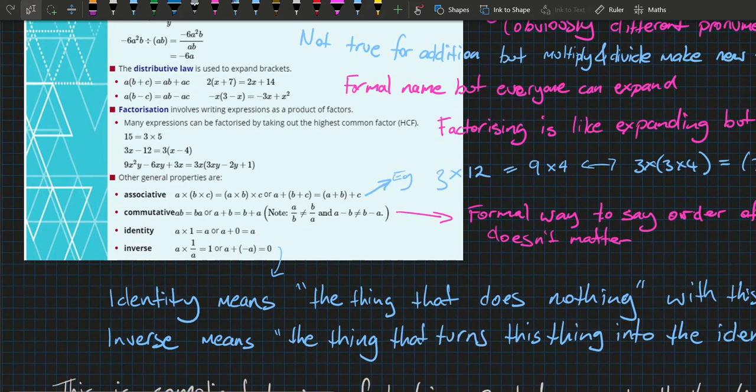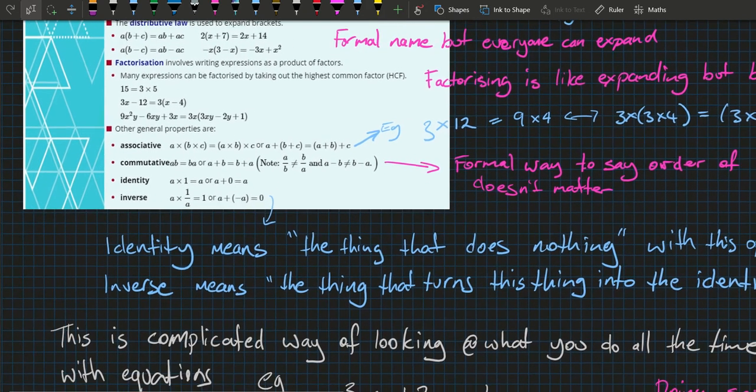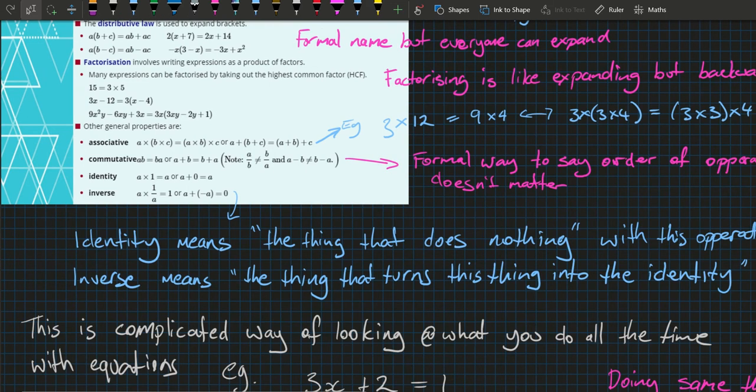So, yeah. The last thing is identity and inverse. These are very much linked ideas, and these can get quite complex if you really think about them deeply. But in a simple matter, these are things that you use all the time. So you know that 1 times anything is itself, or anything plus 0 is still itself. And when you're doing your algebra or trying to solve any sorts of equations, you're constantly looking for this identity and inverse. So you do